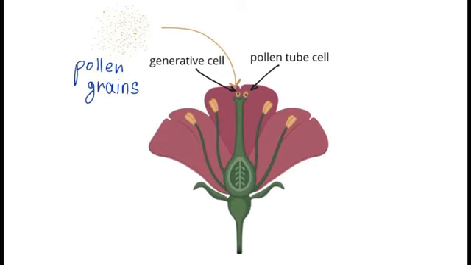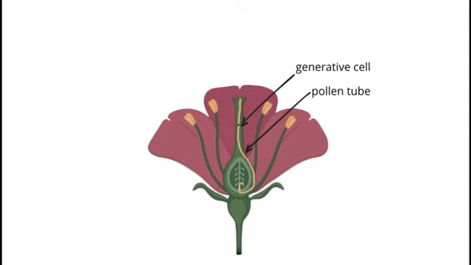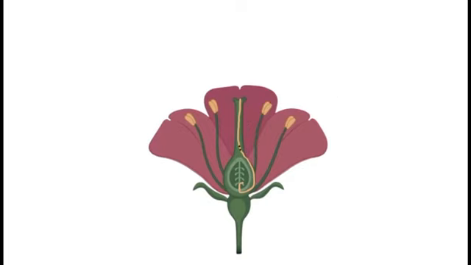The pollen contains 2 cells, the pollen tube cell and the generative cell. I was talking about them earlier. The pollen tube cell grows into a pollen tube through which the generative cell travels. The germination of the pollen tube requires water, oxygen, and certain chemical signals. As it travels through the style to reach the embryo sac, the pollen tube's growth is supported by the tissues of the style. During this process, if the generative cell hasn't already split into 2 cells, it now divides to